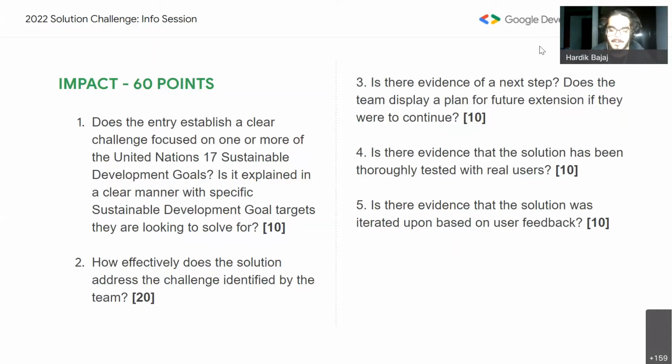We have to get regular updates from the users. For example, there was a solution for dementia in the Solution Challenge 2021. For the client side app, they created a very simple user interface in which, with one single click of a button, they can send an emergency call.